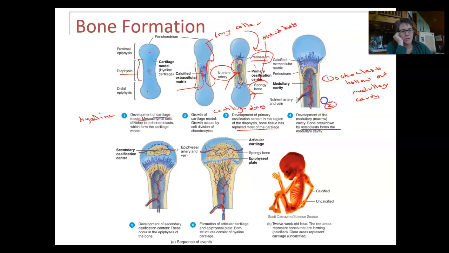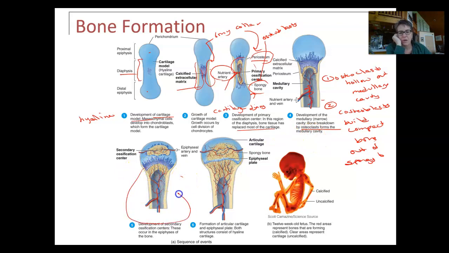And I will have osteoblasts, it's not really showing it in here, that will build compact bone out of the spongy bone. All right. So then I've got the diaphysis well on its way to where it needs to be. And that's my primary ossification center. So now I start getting the development of a secondary ossification center. So the cartilage that was at the epiphysis